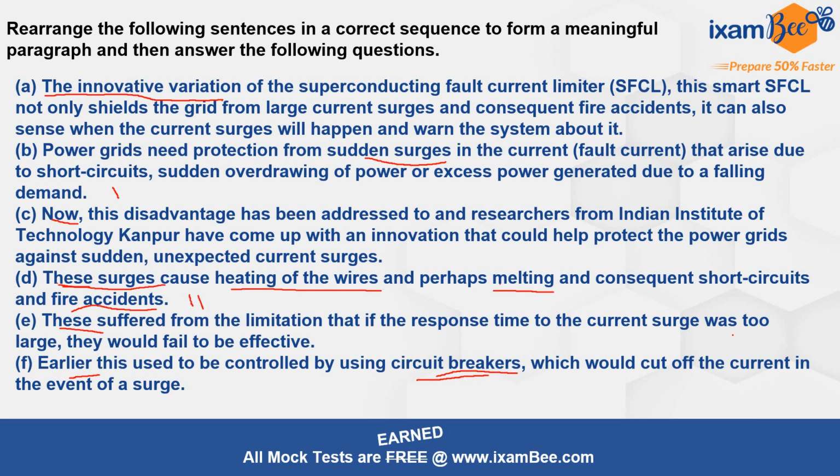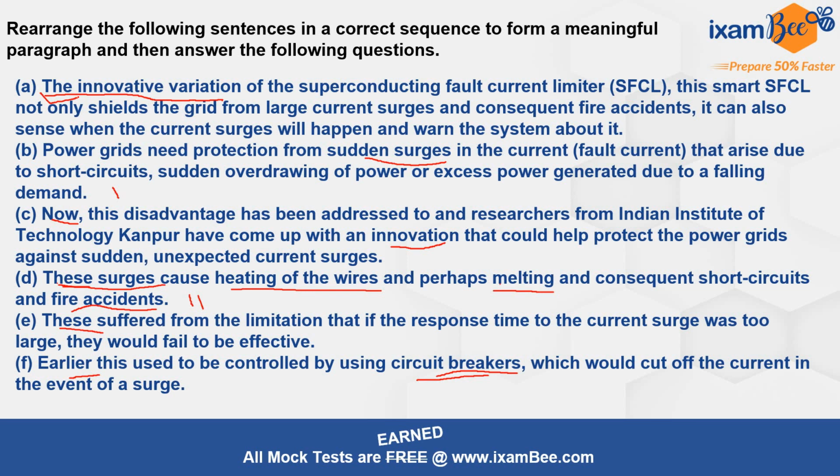So now to get rid of this limitation of this device, the researchers came up with a new device, an innovation, right? That could help protect the power grids against sudden unexpected current surges. And then finally, A talks about that innovative variation, that new innovation, right? So the correct sequence would be BDF, ECA, BDF and ECA. Okay,